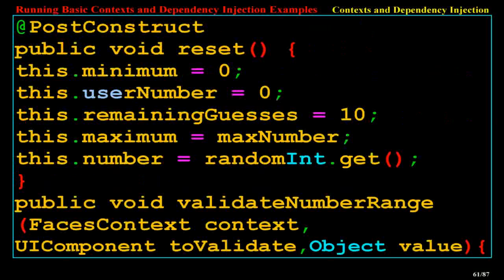this.minimum = 0; this.userNumber = 0; this.remainingGuesses = 10; this.maximum = maxNumber; number = random.nextInt().get();